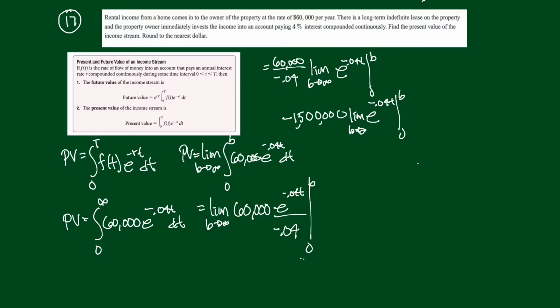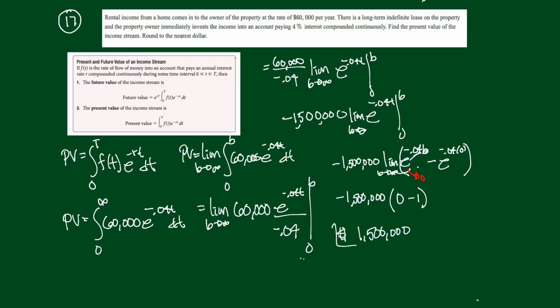So this is going to give us negative 1,500,000. Now, this is going to be the limit of e to the negative 0.04b, actually all of this, right? The limit of put in the upper exponent minus the lower exponent. Now, if you put in that lower exponent, you get a 0, right? So it's e to the negative 0.04 times 0,